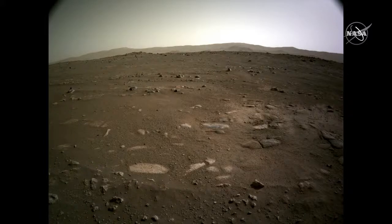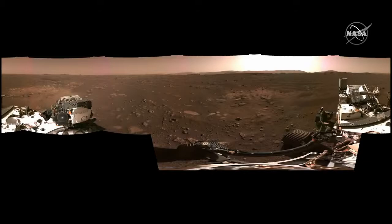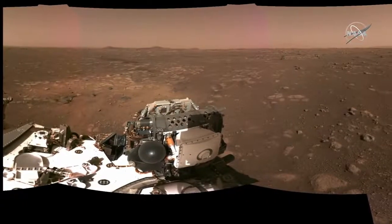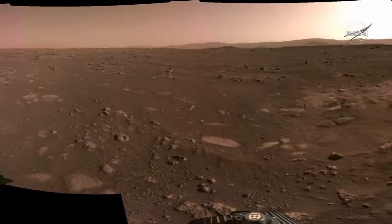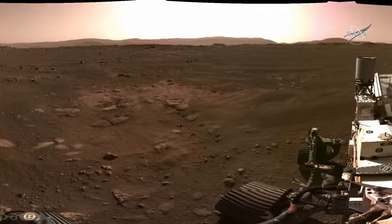The next image looks over towards the west. You can see the delta out there on the horizon, and again more scouring from the rocket plumes. And then we take all of these images and we stitch them together into panoramas, so the next frame shows the full panorama from the nav cam stitched together. We're still working out the calibration and things, so this is approximate color, but it just gives you a feel for the vista here, our new environment that we're going to explore,